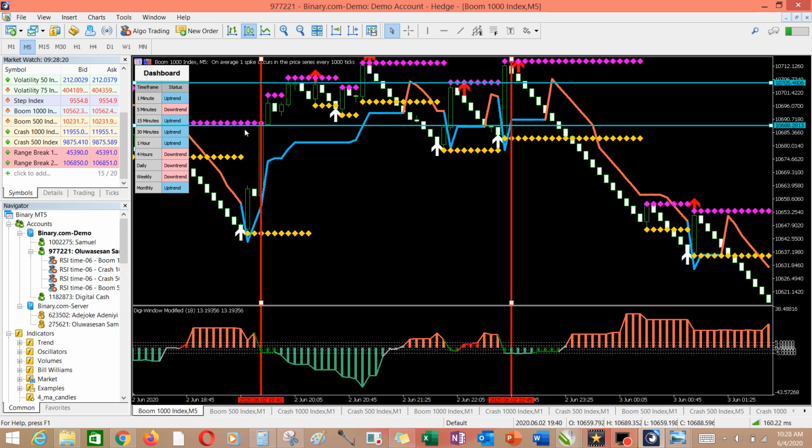Let's say you are selling, you've noticed that it got to this level, came back up, so it went back to the same level. Once it is still at the same level, you should expect it to go down a bit. You can see it created 15 minutes candle from here. Can you imagine being the market for 15 minutes? That is amazing. Then it went back up again and came back down, went back up. This time around, it came back down. This one created 1 2 3 4 5 6, that is about 30 minutes candles.